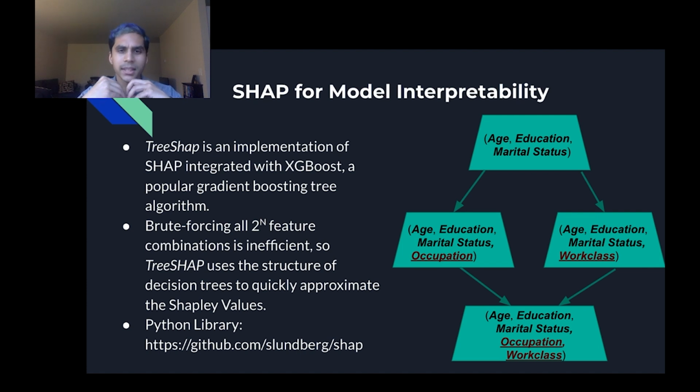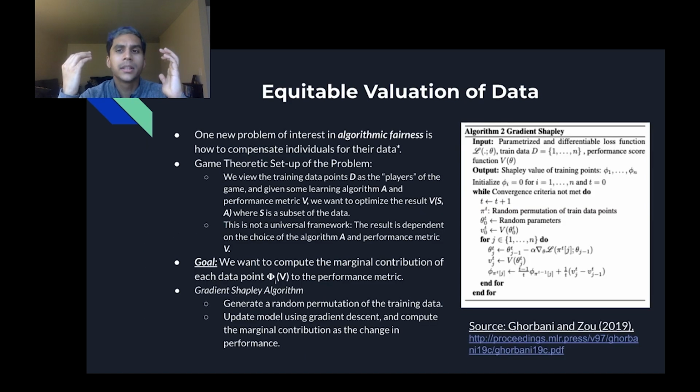And so like I said, SHAP is probably the standard for model explainability at this point, and there have been a lot of variations or frameworks built on top of SHAP, such as baseline SHAP or conditional Shapley values. But in addition to feature importance for feature attribution, there's also this idea of how can we create a value of data points using Shapley values.